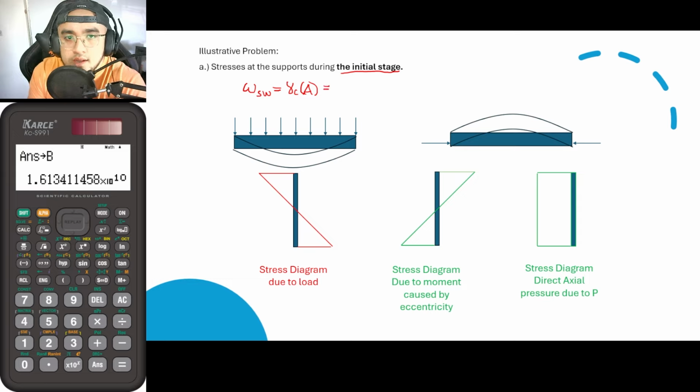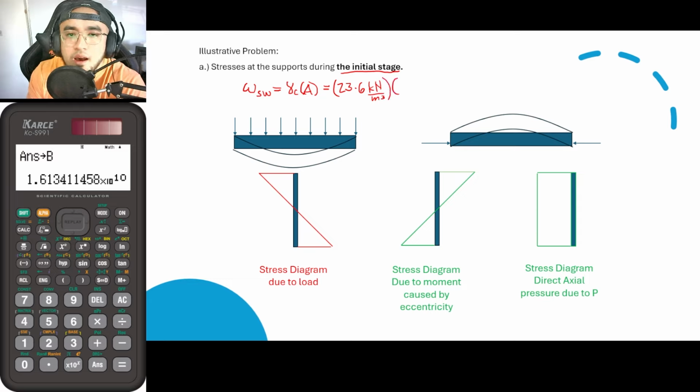The unit weight of concrete is either 24 or 23.6. Maybe for the meantime I would be making use of, let's say, 24. Again, it would be up to you if you want to make use of 23.6 or 24. But in my case here, I have used 24 kilonewtons per cubic meter. Or rather, I would rather make use of 23.6 for more accuracy. So 23.6, apologies, kilonewtons per cubic meter